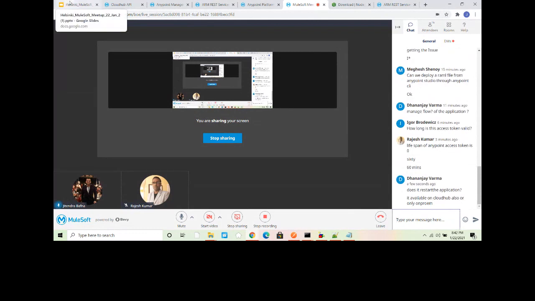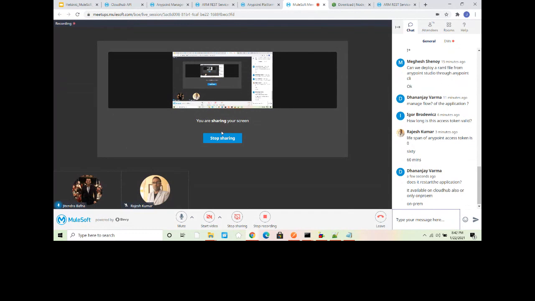Okay, so I will move on. Currently ARM is basically used for on-premise. We are also going to discuss Cloud Hub, for which we have a Cloud Hub API. So currently we have discussed the ARM API, that is the Anypoint Runtime Manager API. Sometimes you have an on-premise server, and those get registered into your control plane. For that, we are using the ARM services. We have a separate Cloud Hub API for managing Cloud Hub, and a separate API Manager API for managing the APIs. We will discuss all those things.